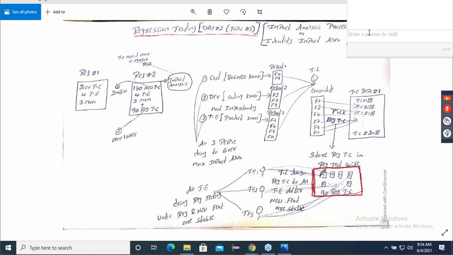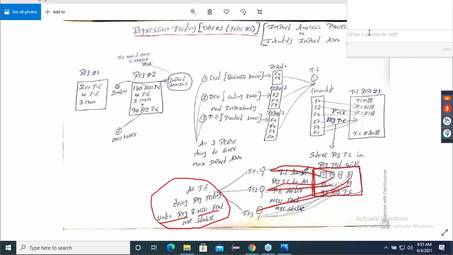Test engineer 1, I will assign you some 25 regression test cases out of 90. Test engineer 2, I will assign you some 45 regression cases. Remaining cases I will assign to test engineer number 3. From Monday, all test engineers start doing regression testing until the regression and new features are stable. Are you understanding this sentence? So 90 cases I have already prepared. So all you guys from Monday start your testing. You take 40, you take 30, you take some 45.